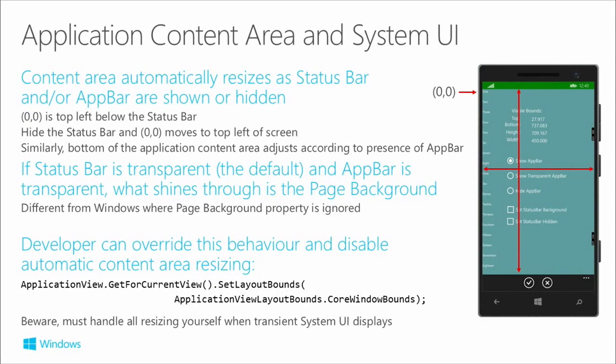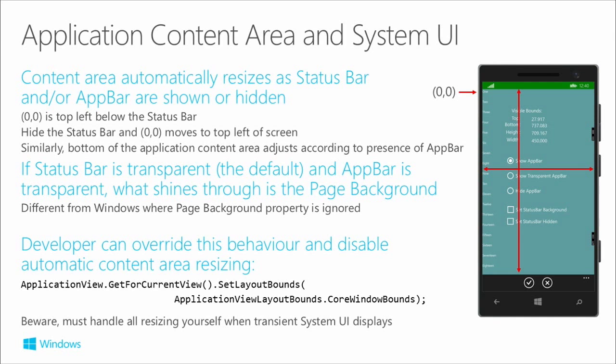Now, why is all this interesting? Well, it's interesting because these are the bits of UI that are maybe there, maybe not there, depending on what properties you set on it, whether you've set your status bar to be hidden or showing, or whether you've set an application bar to be there, or whether it's hidden or gone away. So these bits of UI are not really owned by you as the app developer, but they're kind of there. What does the app actually do about it?